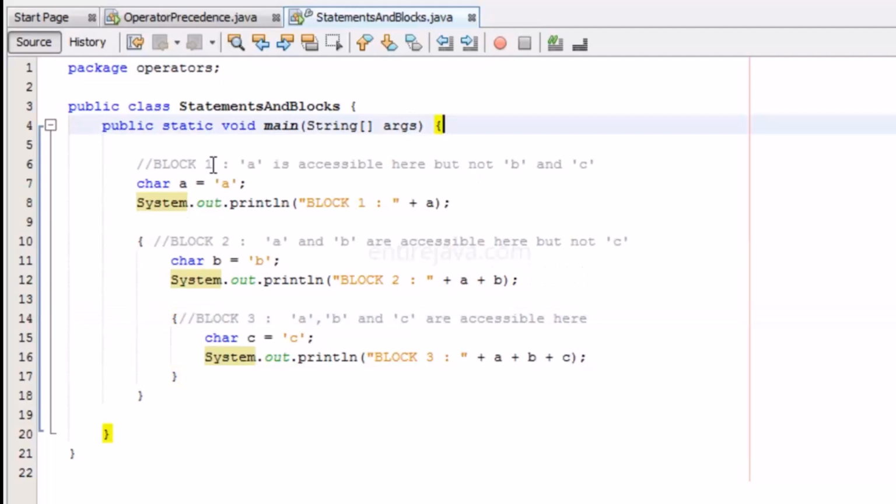We're calling these block 1, block 2, and block 3. One important thing to note is the scope of variables. We have block 1 here, and it has a variable char a. Now inside this block we have sub-blocks, which are block 2 and block 3. The char a can be accessed from inside this block, and when I say inside this block, it also means inside the blocks inside this block. So the variable a is accessible within block 2 and block 3 as well,